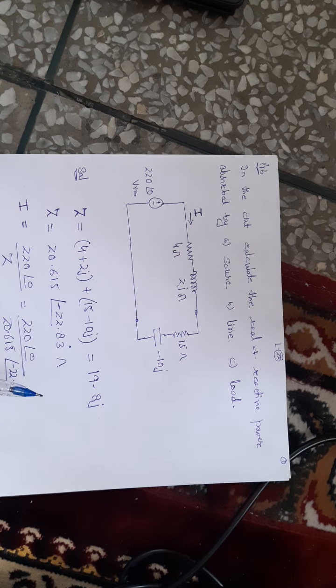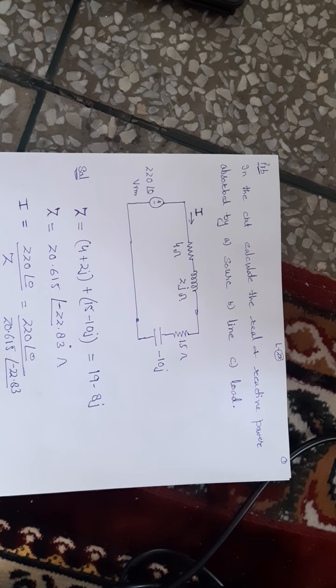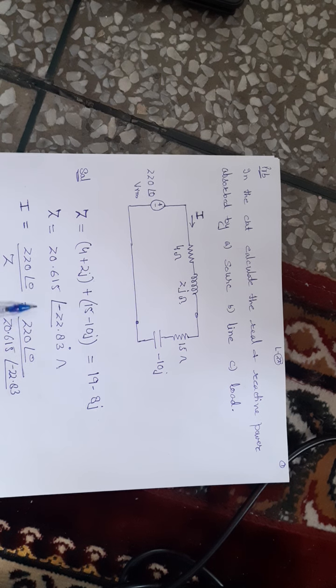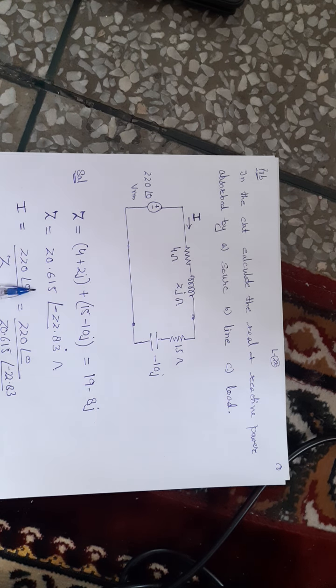So in the previous few lectures, we studied the different types of powers. We studied the instantaneous power, which is the product of instantaneous voltage and instantaneous current. Because of the varying nature of this instantaneous power, it is very difficult to measure. So instead of calculating the instantaneous power, we take the average of the instantaneous power over one complete cycle, and we say that it is the average power, and we measure the average power. Then after studying average power, we studied complex power.